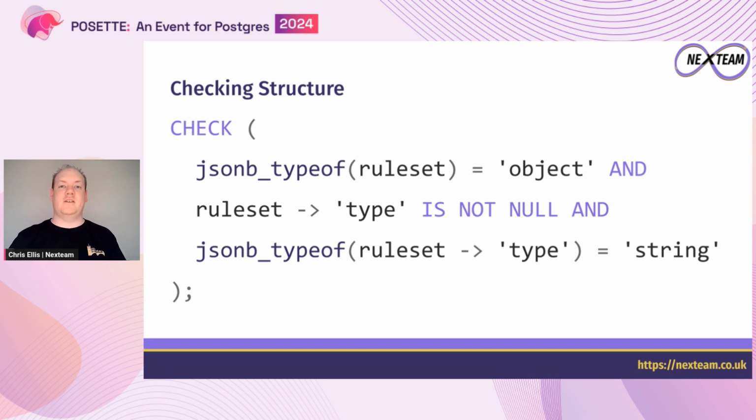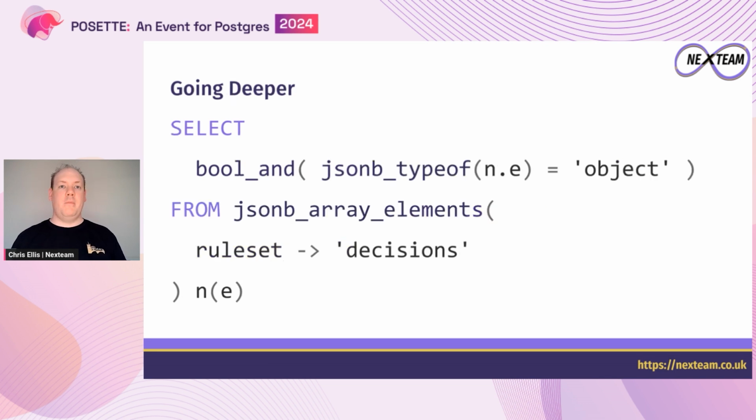And remember I said the single arrow operator here is going to return a JSONB type, right? So because we returned that JSONB type, we can then use the typeof function, and that's going to tell us it's a string. So now it's very easy for us to make a whole bunch of very basic assertions inside our check constraint about what we're inserting. But we can get a bit more complicated here, and we can use a bit more power of Postgres's JSON support and also just standard SQL to do even deeper checks.